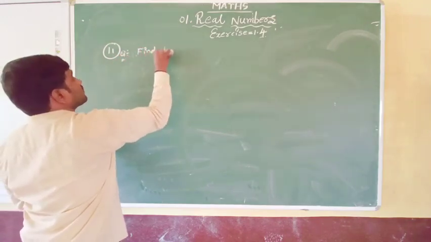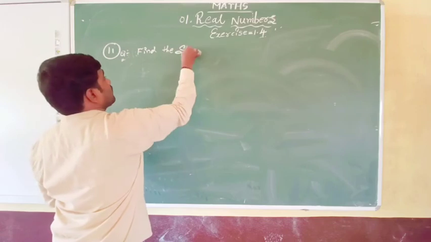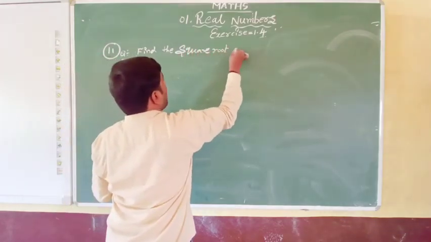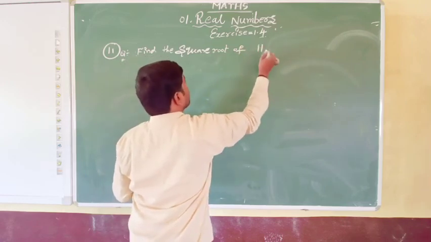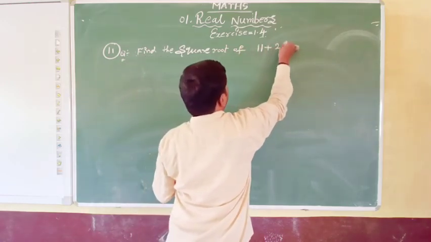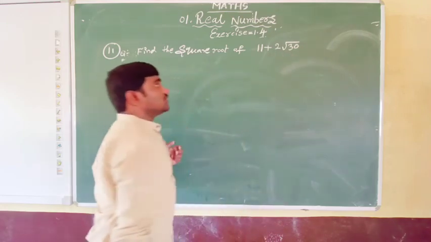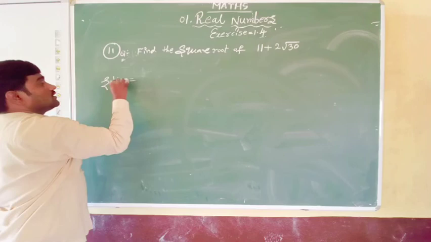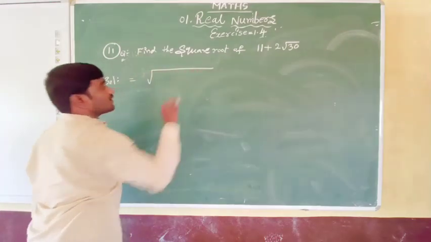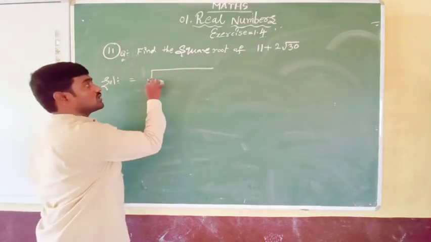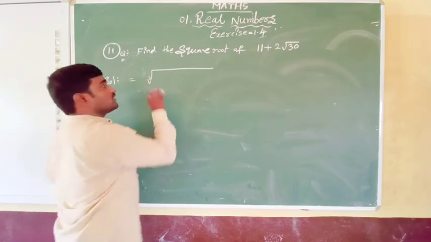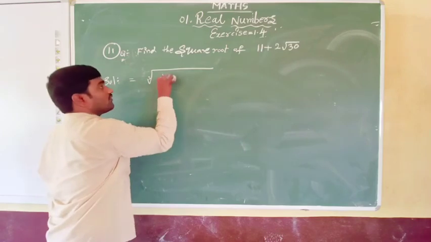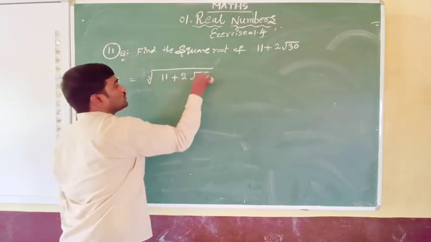Find the square root of 11 plus 2 root 30. So let us find out the square root. Here the solution, square root you say. We go for the square root. It is called square root because there is a 2 here. If there is a 3 here, cube root. 4 here, fourth root. Then we write square root of 11 plus 2 root